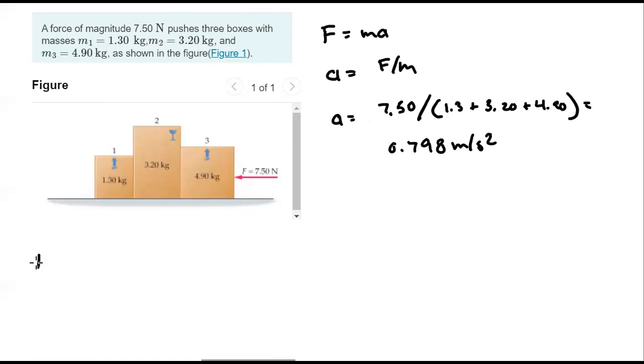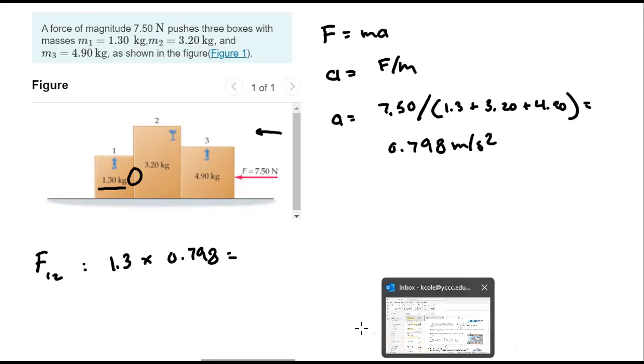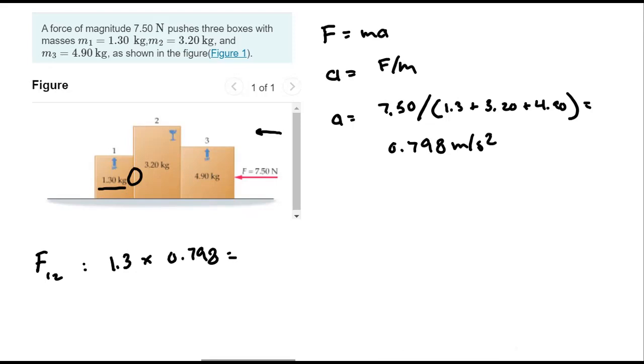So now let's figure out what the contact force is between boxes 1 and 2. So these 2 right here. We're moving this direction. That's what the original force is. And so here, the force only needs to be strong enough to move 1.30 kilograms. And since we know force equals mass times acceleration, we've got the 1.30 kilograms times that acceleration we just found, 0.798. So the force needed to move box 1, or the contact force between boxes 1 and 2, is going